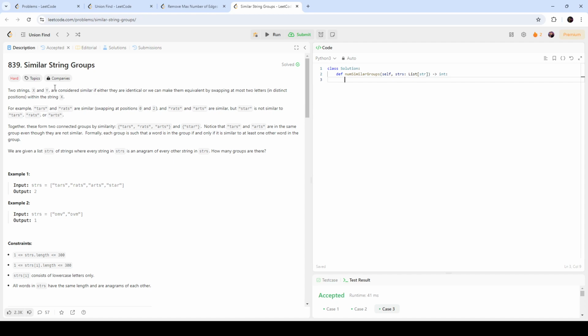Two strings x and y are considered similar if they are identical, or we can make them equivalent by swapping at most two letters. For example, tars and rats are similar. If we swap this letter and this letter, t to here, we get rats. So together these form two connected groups by